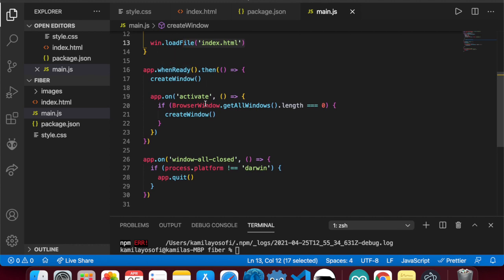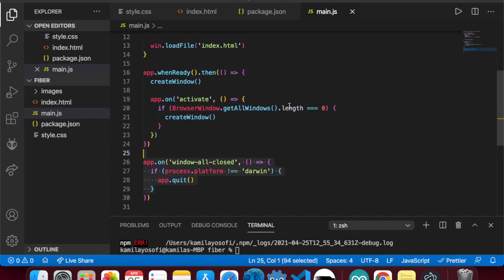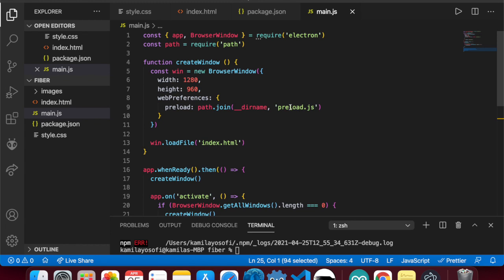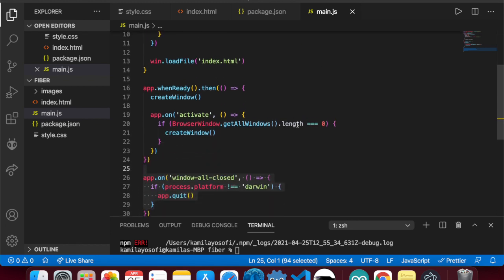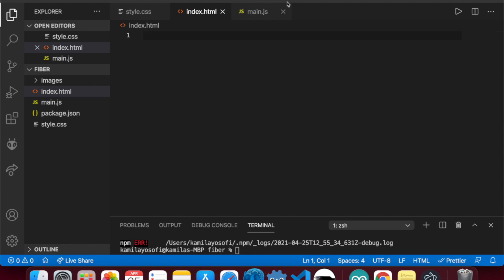So when it's ready, then create the window and do these things. You just need to have this for now, but later on you will need to add more code when you do advanced stuff. So after you have main.js ready, you go to index.html and add whatever style you need or